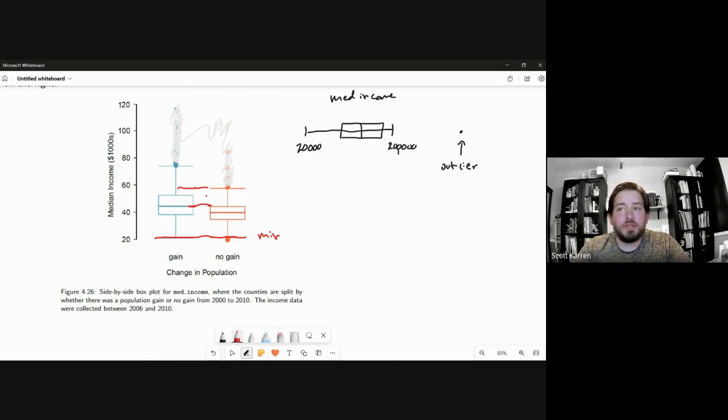So we can tell much easier with this visual representation that clearly the countries that had a gain in population overall had higher median incomes, right? And we can gather a bit of data about exactly how that difference looks amongst these quartiles and things. So